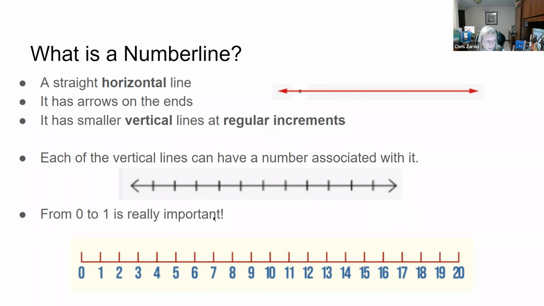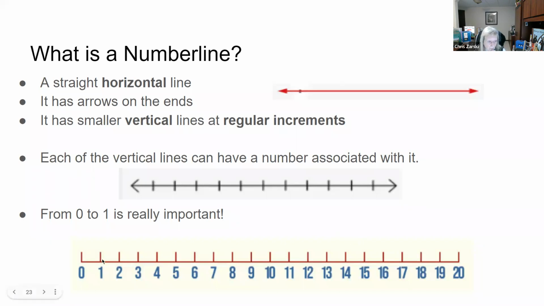And one of the most important pieces on a number line is that 0 is at the end, because 0 to number 1 is my first distance. It's the most important part of the number line. And often kids skip that part, right? They start at 1. They forget that when I'm measuring, I actually start from 0 and then measure away. So it's really important that we understand and we point that out to them.